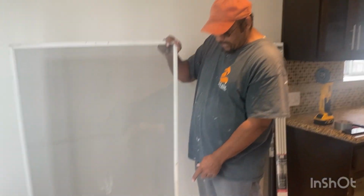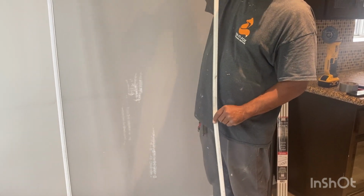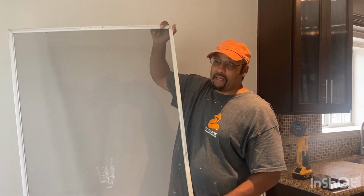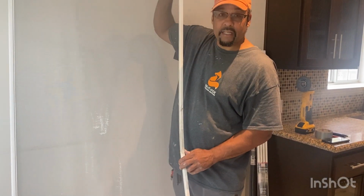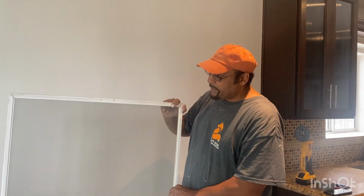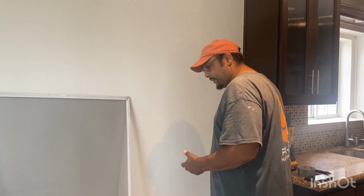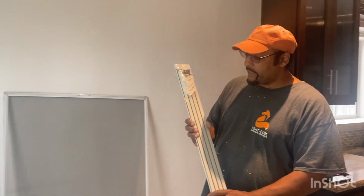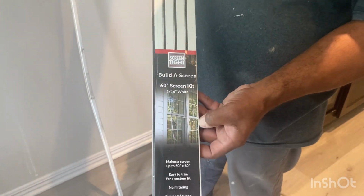This screen was bent, which is why the homeowner has asked me to replace it. And I imagine it was bent because somebody was probably trying to take it out of the frame, and because it was just a little too wide for the frame, it ended up getting bent. So let me show you how to build an entire new screen and then screen frame and then add the screen to it. First thing you want to do is go to your local hardware store and pick up a